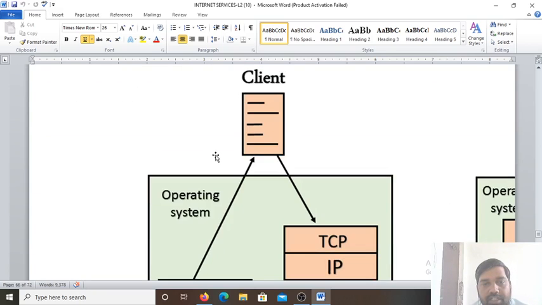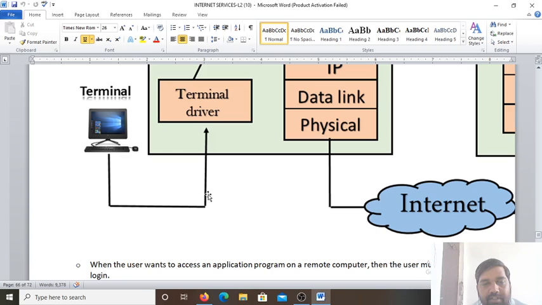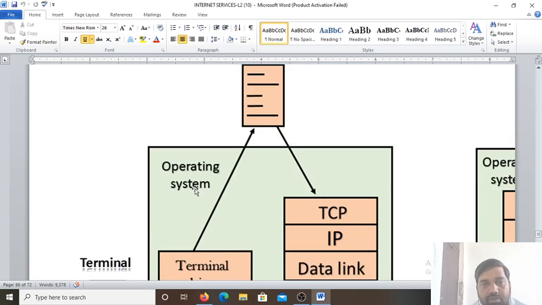Now see, in this telnet client, the operating system, terminal driver, it goes to the operating system.